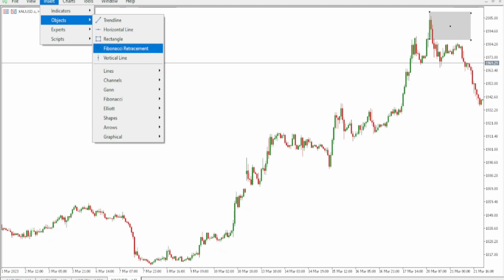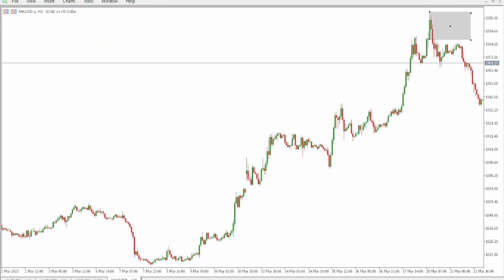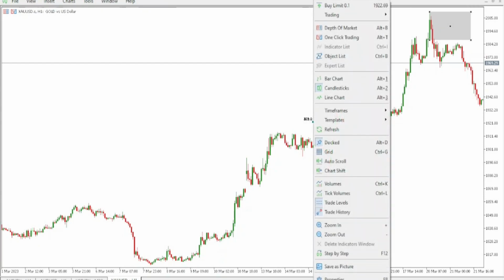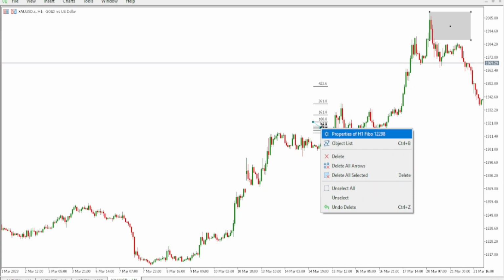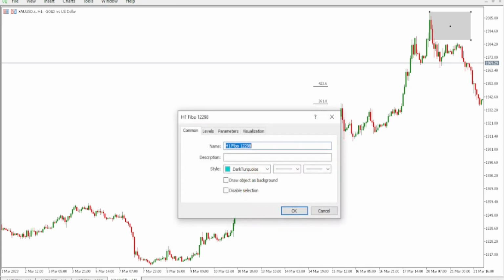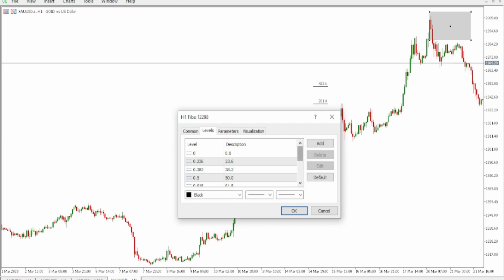Next step, we need to identify our Fibonacci levels. This is like our holy grail signals on when to enter the market, take profits and stop loss. And there are certain levels we need to add to our chart, and I'm using MetaTrader 5, but I think there's a way to use TradingView, which is really popular. We need to add the levels, and our first level will be 1.78,